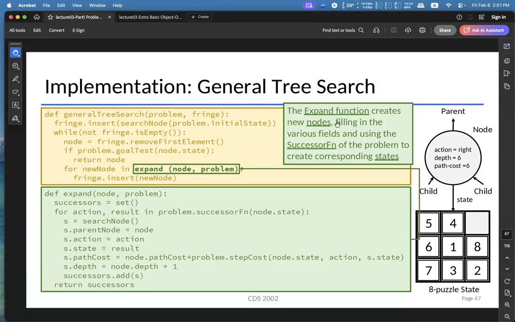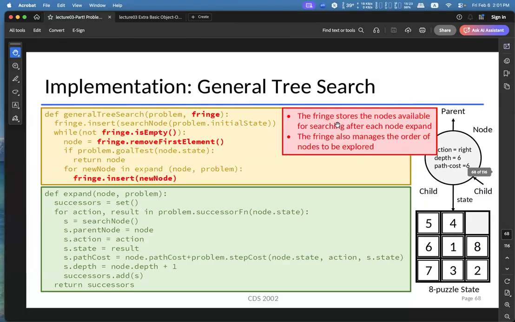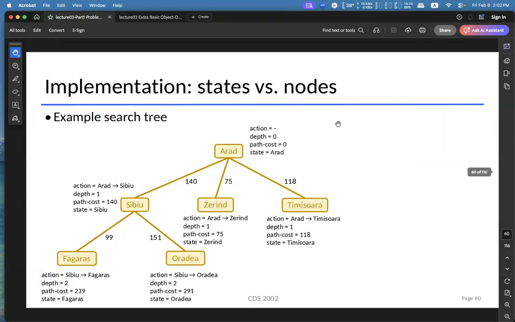If you take a look at the search tree, you'll see a thing called the fringe. The fringe is the data structure that keeps track of the nodes not explored yet, and in our scenario, the nodes that have not been explored yet are the leaf nodes.